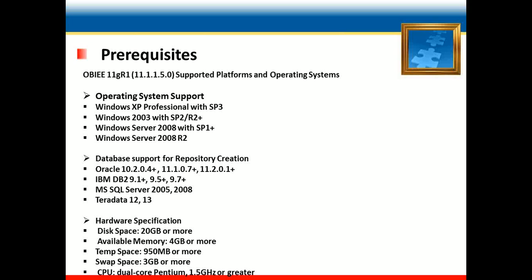for repository creation. In Oracle, supported databases are Oracle 10.2.0.4 plus, 11.1.0.7 plus, 11.2.0.1 plus, and IBM DB2 9.1 plus, 9.5 plus, 9.7 plus, and Microsoft SQL Server 2005, 2008, Teradata 1213, and